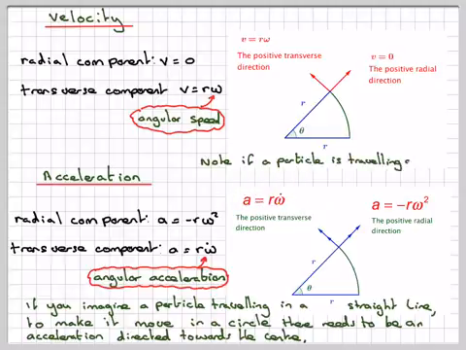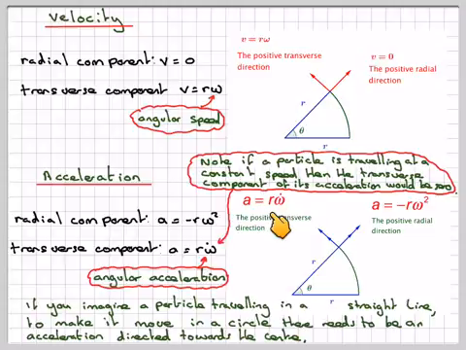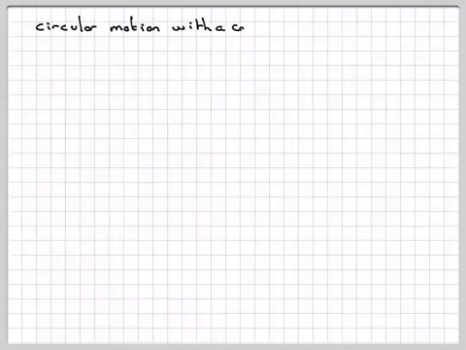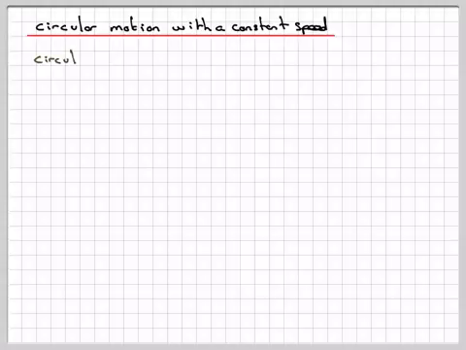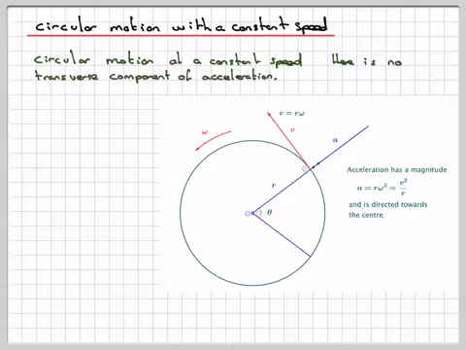Note, if the particle is travelling at a constant speed, then the transverse component of acceleration would have to be equal to 0. So all we would need is the radial one acting towards the centre of the circle. So for circular motion at a constant speed, there is no transverse component of acceleration. If we look at this diagram here, we would have acceleration acting towards the centre, and we'd have a speed here which would be r omega, omega being the rate of change of this angle,